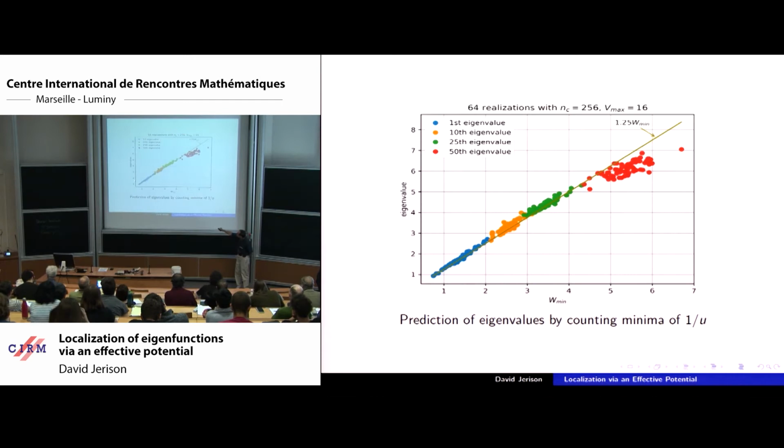Okay? And here's the first one, which is even tighter, and it's giving up around the 50th. This is about half. Here the Vmax is 16, so the range of eigenvalues is between 0 and 16, and we're not getting up to halfway, and it is getting a little worse as we get to the middle of the spectrum. But it's doing pretty well, wouldn't you say? All right, so this is not Weyl counting. It's some other predictive thing, but again, a fast predictor.